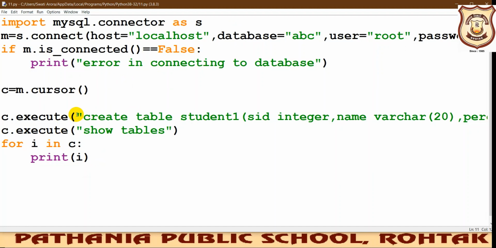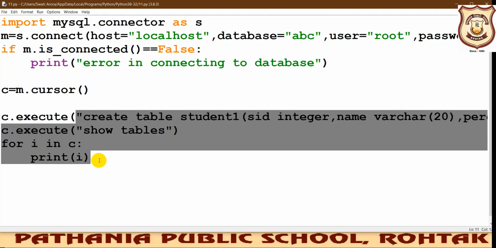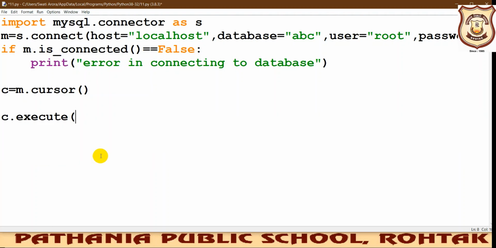So beta, you should not use the same command while running again and again, because this table has been created now. Now if again we run with the same create table command, it will give you an error, because the student 1 table has already been created in the database. So again if this command is run, it will show you an error, how can it create a same table with the same name again? So it is totally wrong. So again we need to delete it, because the table has been created.